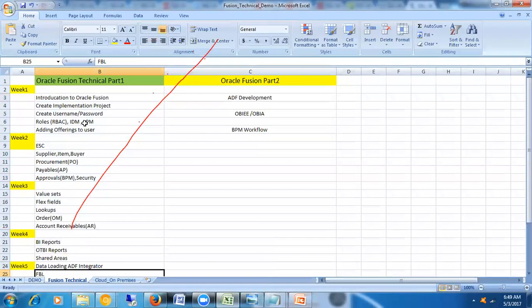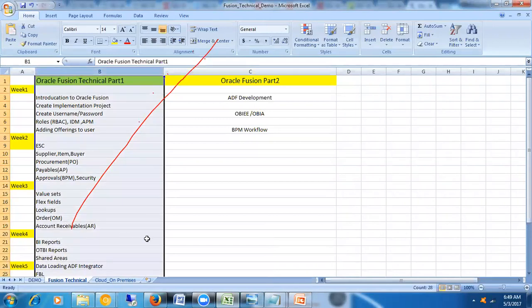Okay. So this is the first part, everybody must learn. This is the Fusion technical basics, everybody should learn it. So people who are working in Oracle applications,